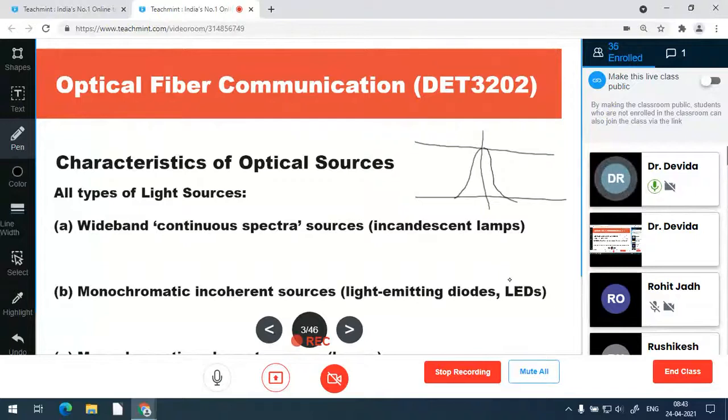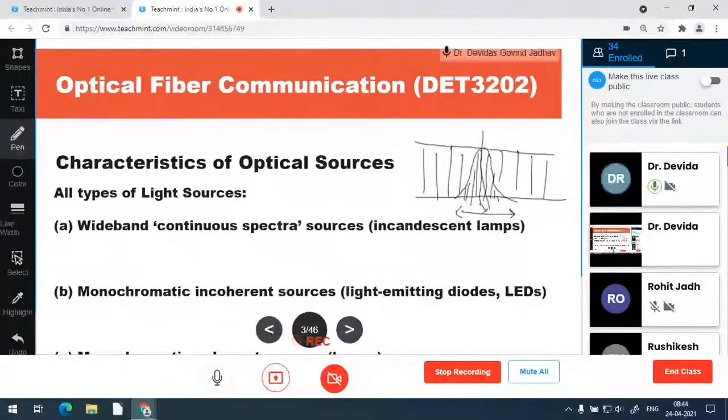So one wavelength is there, suppose some lambda, and very neighboring some other small amount of wavelength. This is called bandwidth or line width. So a very small spectrum is emitted, whereas a continuous spectrum will have this wavelength as well as this wavelength, and all are having equal amplitude. So this is continuous spectrum. Continuous spectrum emits all the wavelengths, and monochromatic emits only one wavelength or nearby wavelengths, a very small bandwidth.